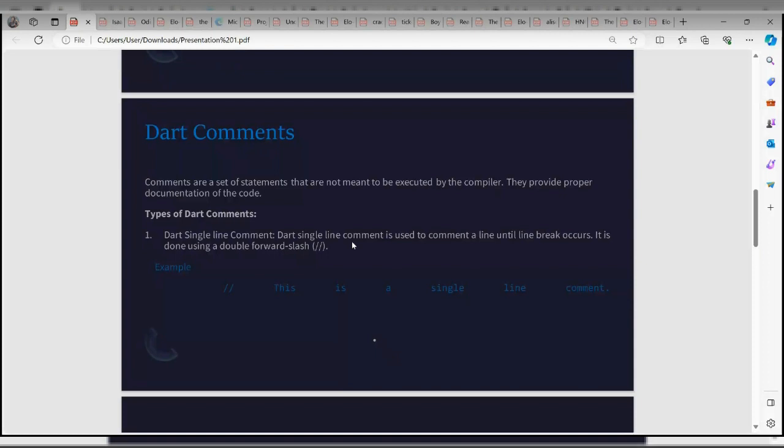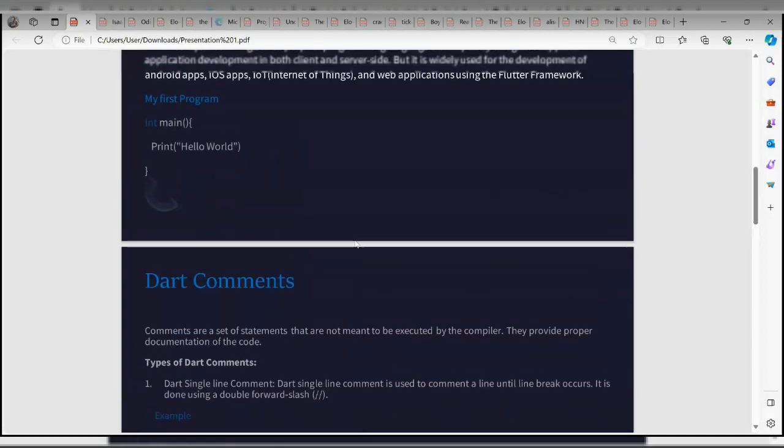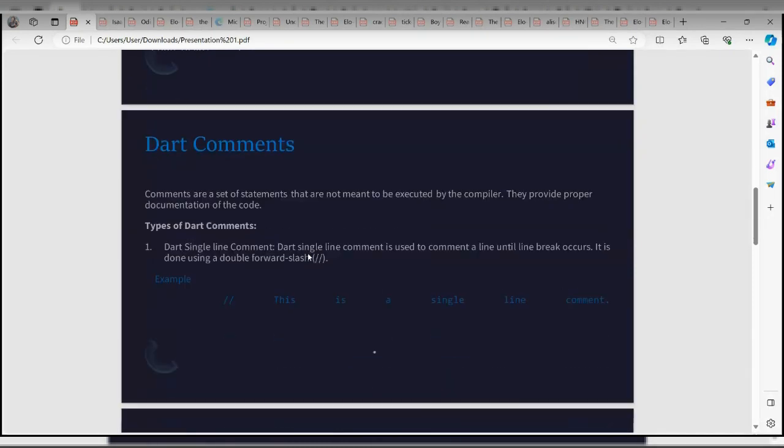So we have a line of code and a comment. When passing to the compiler for interpretation, the comment is not being read at all.